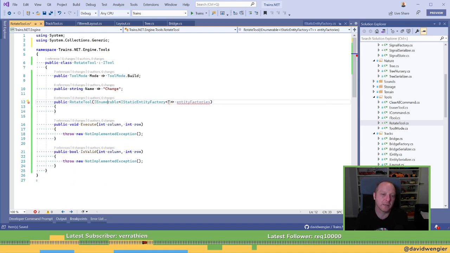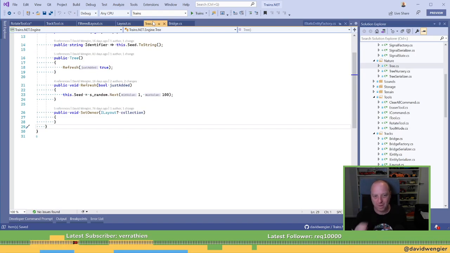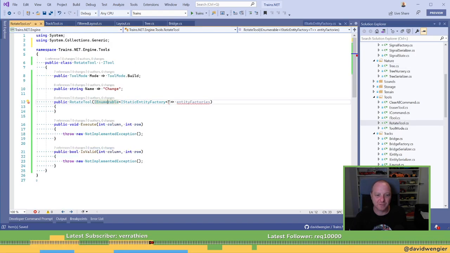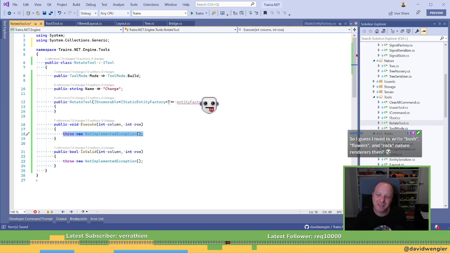I might have to abandon generics here. I can't put it on the layout because I want the factories to be able to take in the layout. I could put it on the entity itself. So this thing could find the entity and tell it to rotate.